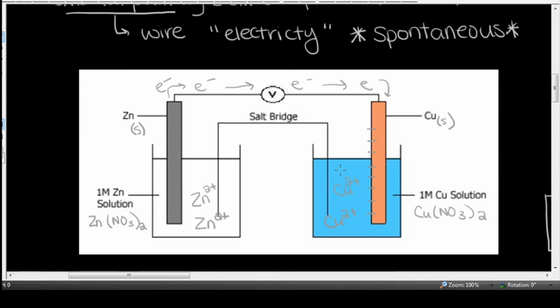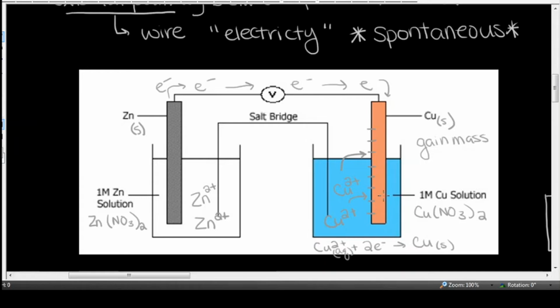And we know that these positive copper ions are going to attract to that negative charge. That's where the reduction is going to occur. This is where the Cu2+ aqueous will gain their 2 electrons to become copper solid. Those copper ions are going to grab those 2 electrons and become copper solid. This copper solid electrode is going to gain mass as these copper ions plate onto